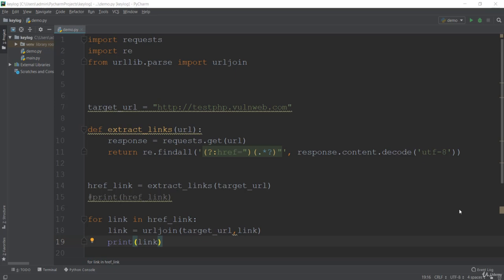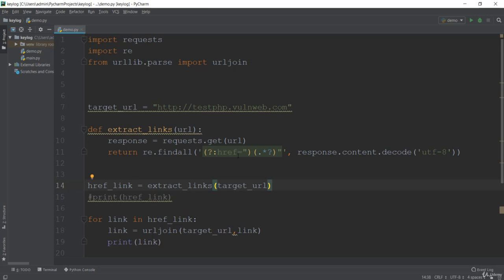Beautiful Soup automatically converts our incoming document to Unicode, so that decoding techniques should not be used. You can see the pattern over here. This should not be used if you use Beautiful Soup. It is much easier if you make the web crawler using Beautiful Soup. So let's see how this works.